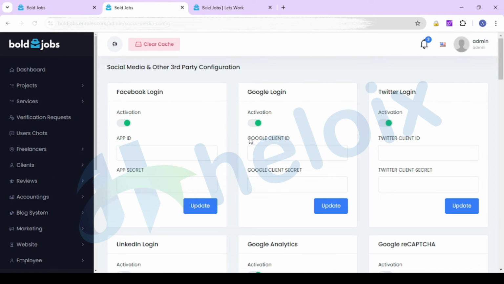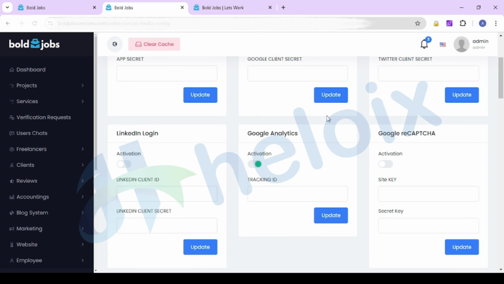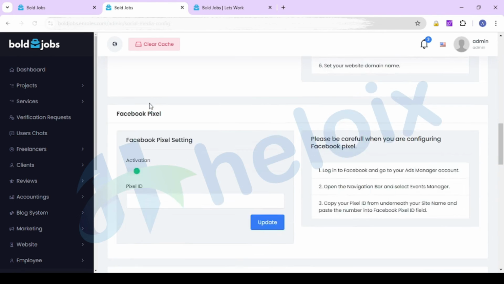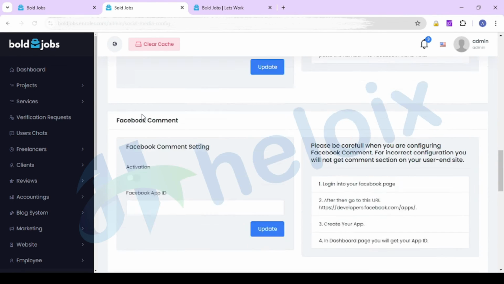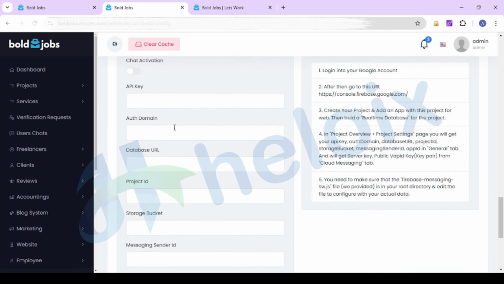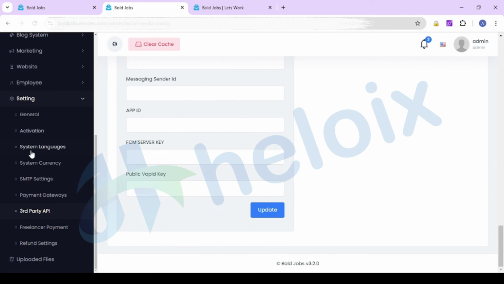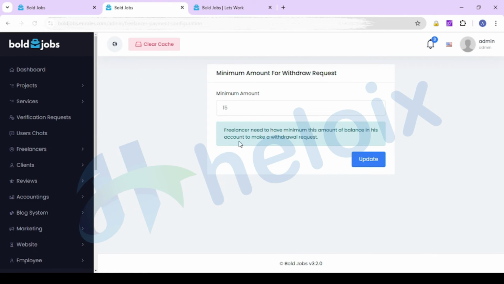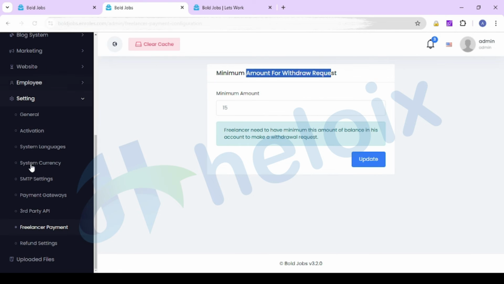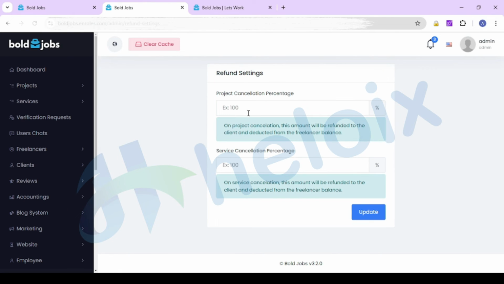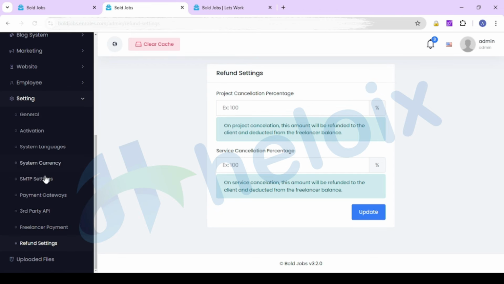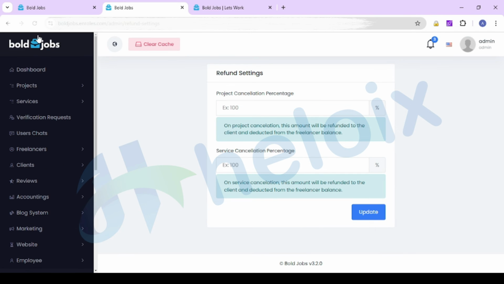These are third-party APIs like Facebook login, Google, Twitter, these types of login, Facebook chat system, Facebook pixel settings, Facebook comment, running project chat, so you can manage with this. After that, you can check your freelancer payment, minimum amount for withdrawal request. You can update this. Then we have refund settings, so you can manage the refund settings. So this is the complete admin which I already showed you. So let me show you